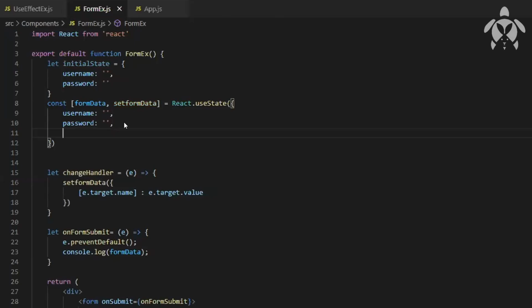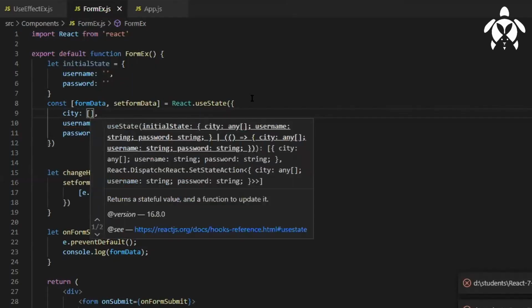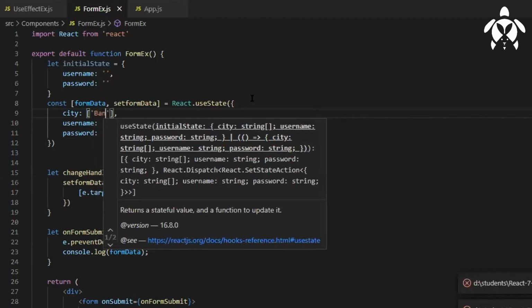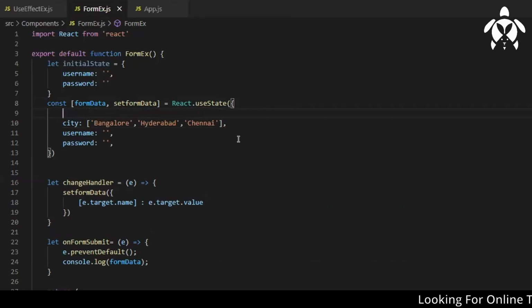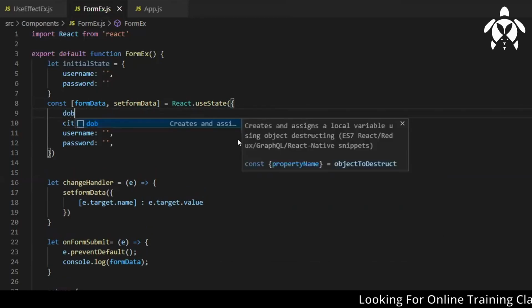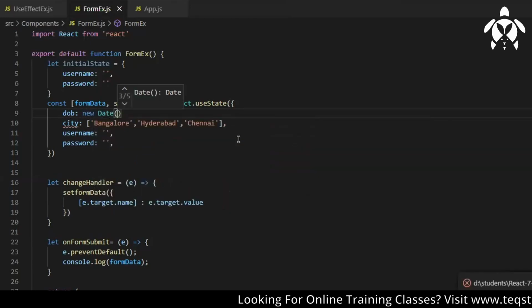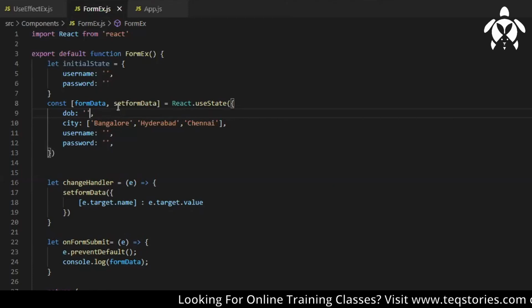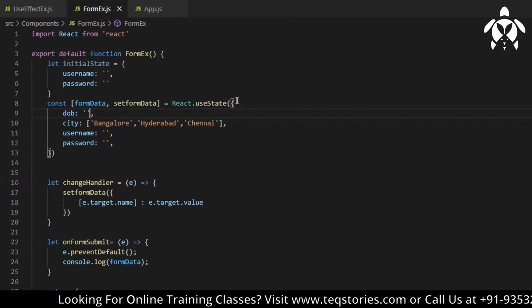Let's have one other field, like let's say city. If we are adding cities, let's say what all cities we can add. Let me assume that I have these many cities, and also let me have a date of birth field. So how will you create date of birth? Date constructor, and then I should not create a date constructor, I should create a date, type date,